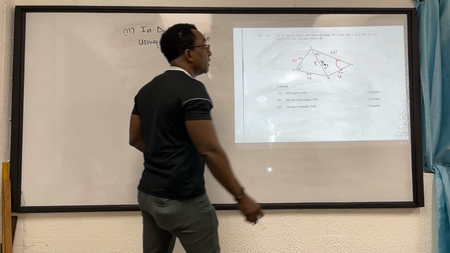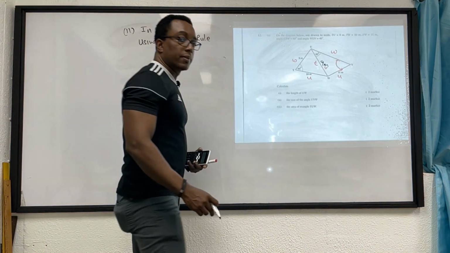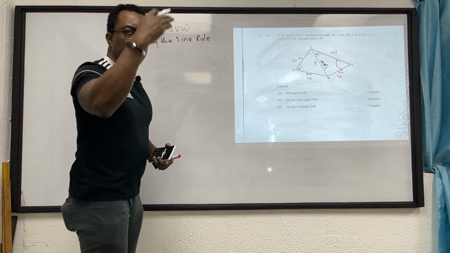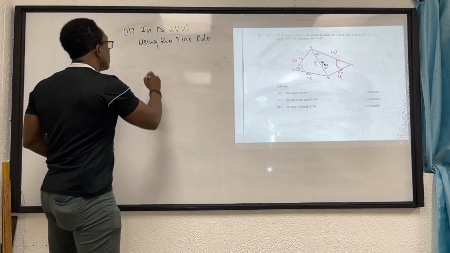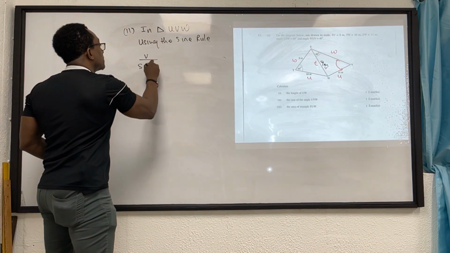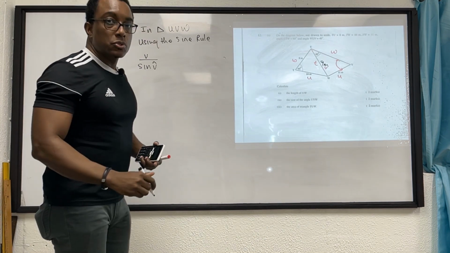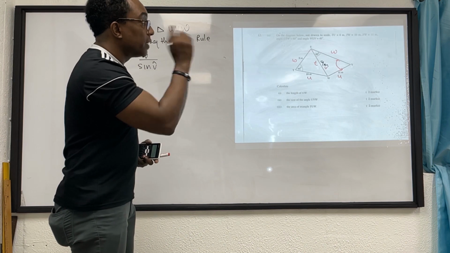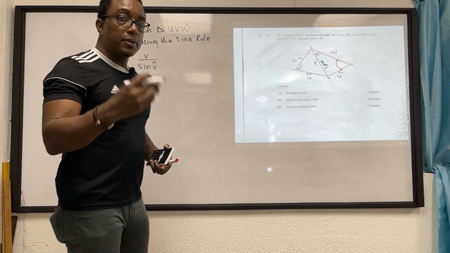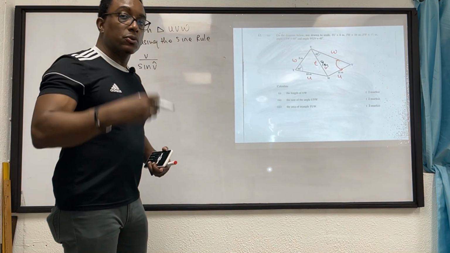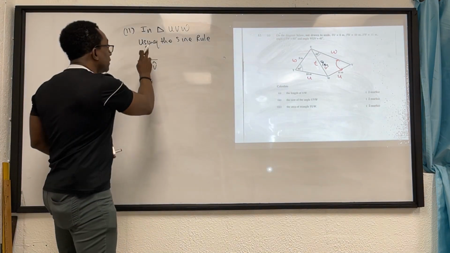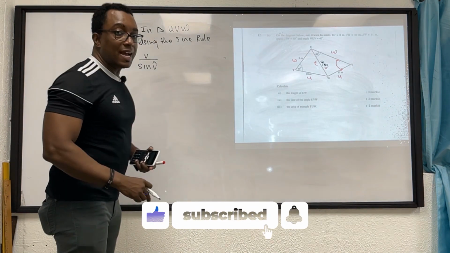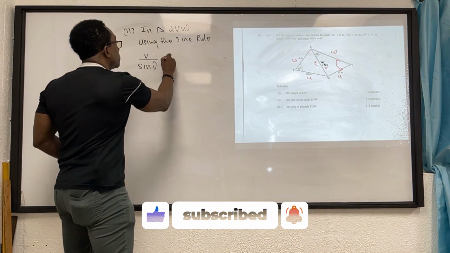My unknown is the angle at V. So my first ratio will involve everything involving V. It's going to be side v over sine the angle at V, which is equal to